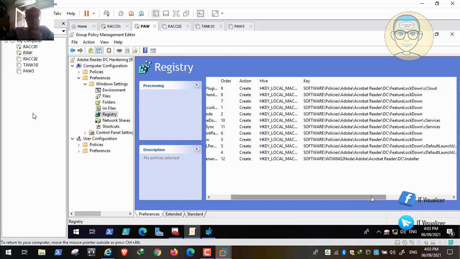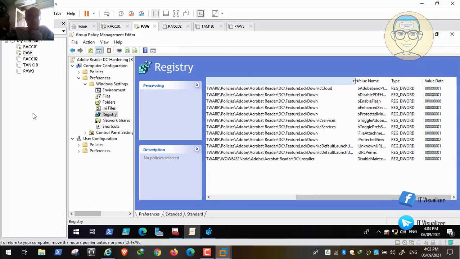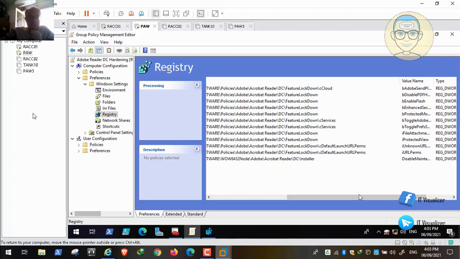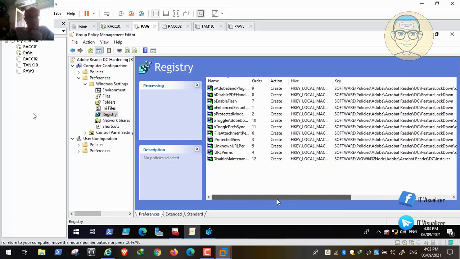Okay, so registry is a way that you can play with the settings or the options of Windows and other programs installed on Windows, of course. Okay, so let's create the key